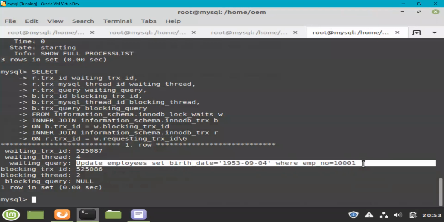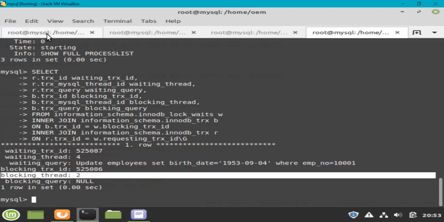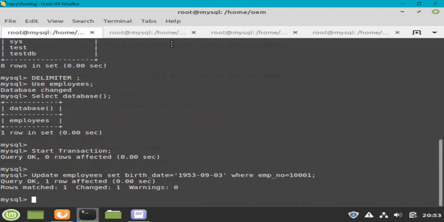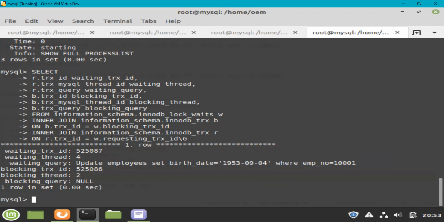Now, what can you do in this scenario? One thing that you can do is wait for this thread to complete. If I go here and run rollback or commit, this will complete and the other command will execute. The other way of doing it is you can go ahead and kill the command which is running in blocking thread 2. It is right now in sleep state, but it is not completed yet. So it depends on us, and normally you cannot directly go ahead and kill a customer's action, right? So you will have to verify with the customer or support. It depends on what process you opt, but this is up to you.